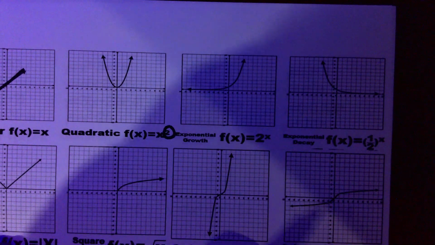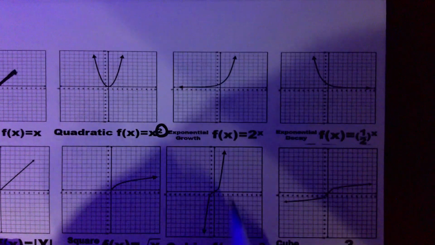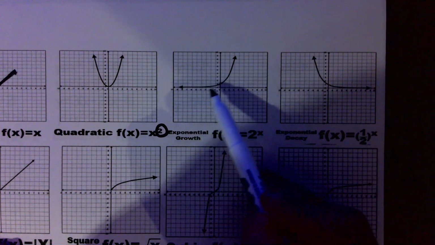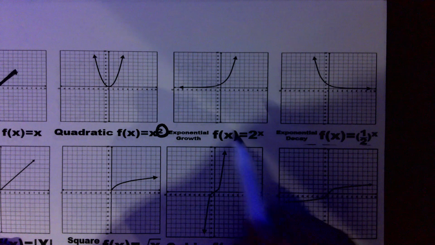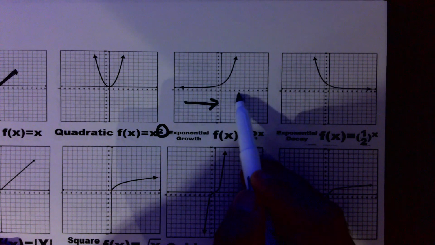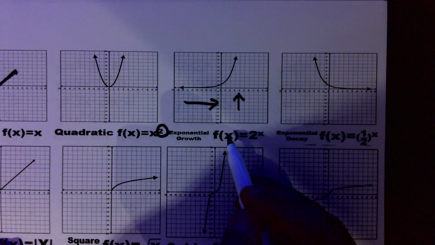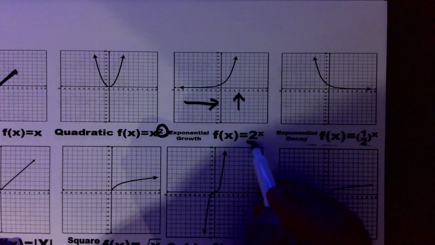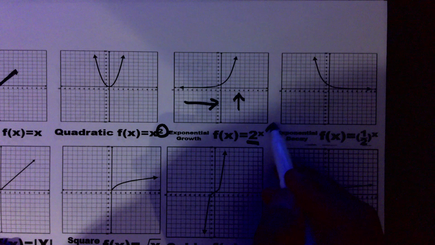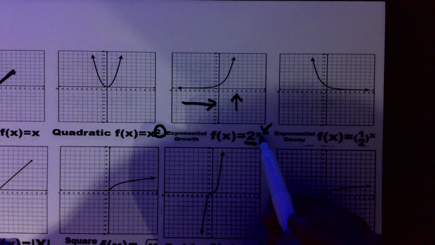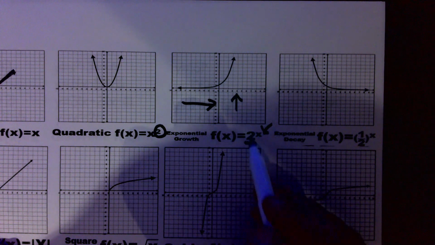Okay, exponential growth is an exponential function. And basically the idea is this is a ramping up. If you ever heard the phrase ramping up, it creates a ramp shape. And it's growing because as we go from left to right, it's going up. So the y value increases faster and faster and faster because the base of this function is greater than 1 and the exponent is an x. So it's an exponential function because the exponent is an x, and it's exponential growth because the base is